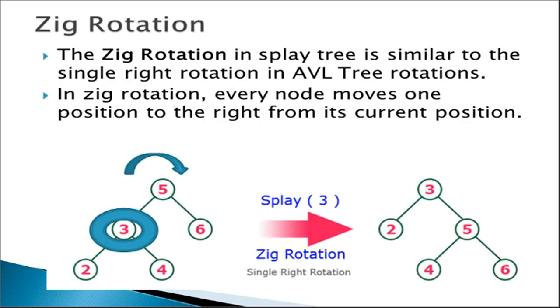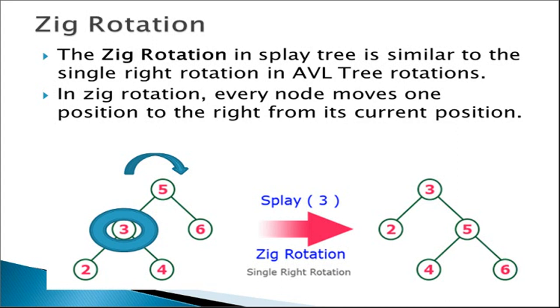Now suppose we are searching some element and we have found that element, we have to bring that element to the root position. If I insert one element in the tree, again I should bring that element to the root position. So for each operation, whatever data we insert, delete or search, we have to put it at the root position. For putting that element at the root position, we require some rotations, that is called balancing.